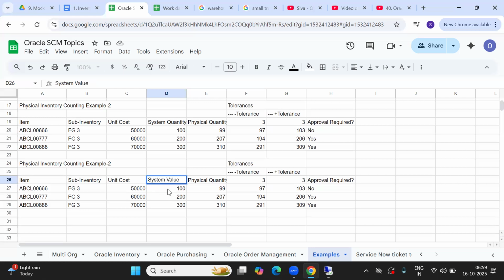It will come here as value. Maybe here I'll go for system value. So 1 lakh, here 2 lakh, here 3 lakhs. Okay. Physically available, let me set.